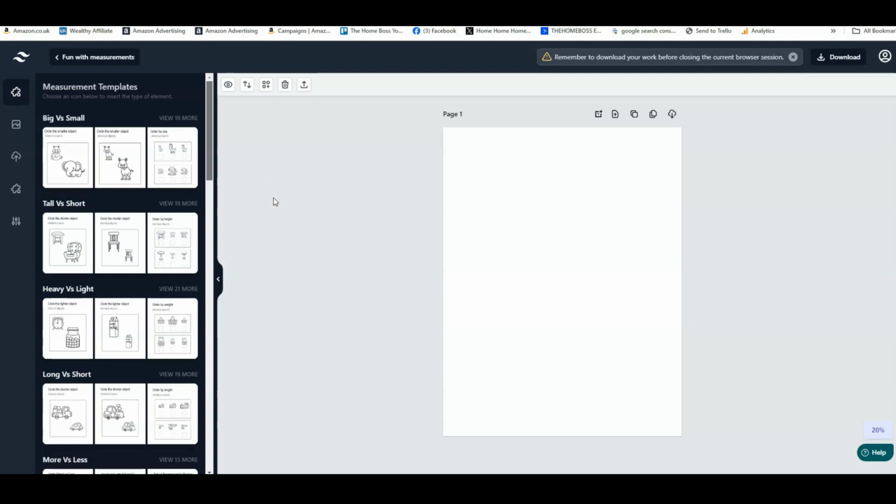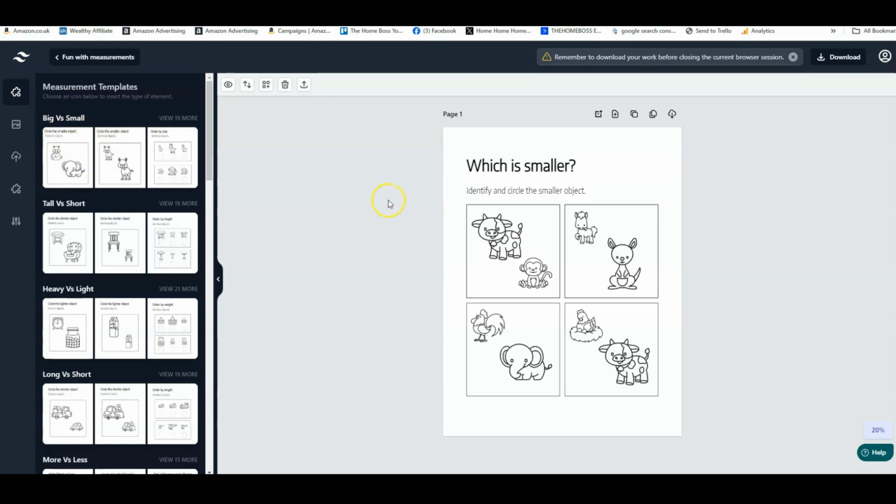And even with the front end alone, even with just the basic purchase of the app, you can already create quite a lot of amazing measurement worksheets, and you can of course turn them into books for KDP or turn them into printables for Etsy and similar sites. So let's click on one of them. You can see there are different types of activities here. So these ones are big versus small. If I just click on one of them, you can see that it says which is smaller,